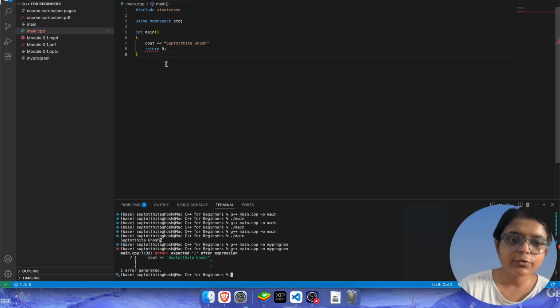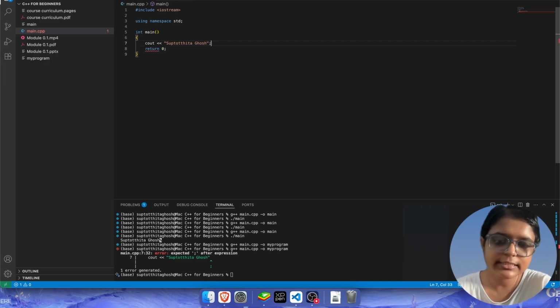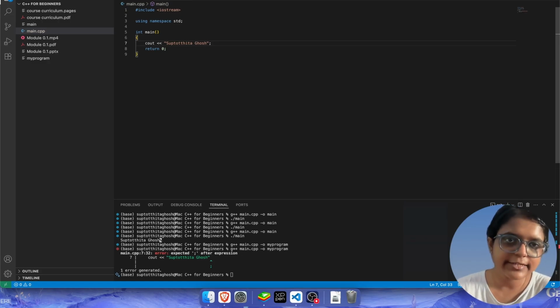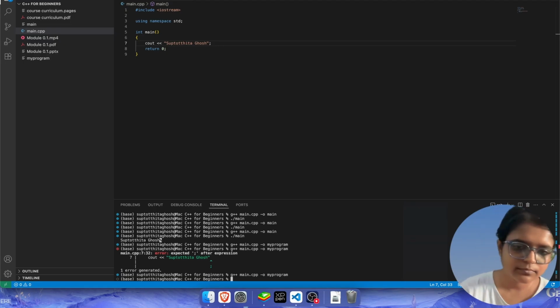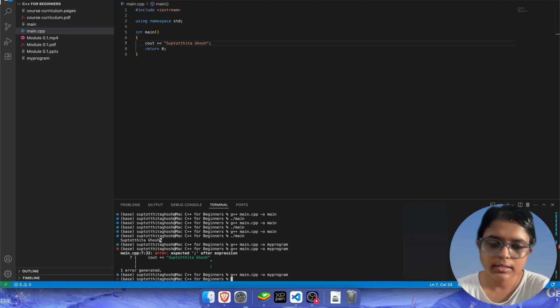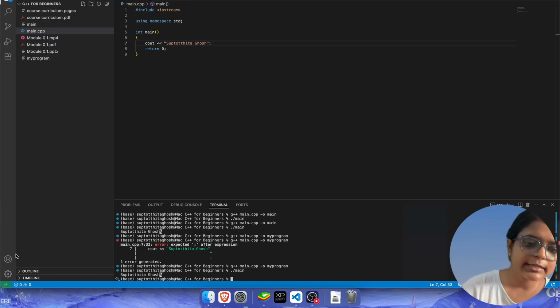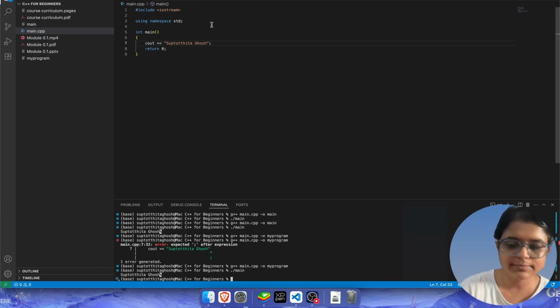It will give you the exact location where you have missed something or might have had something extra. So this is how it works basically. Now you can just go here and reinstate the semicolon, save it again, and run it again. Okay, so next we compile it and now we'll run it. ./main. Now we are again getting the correct output. That is my name as it is.